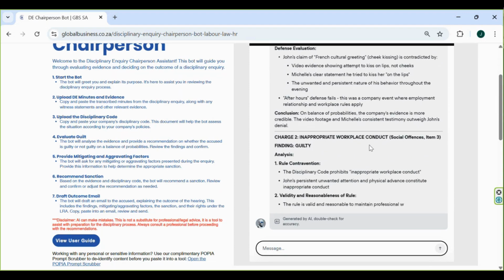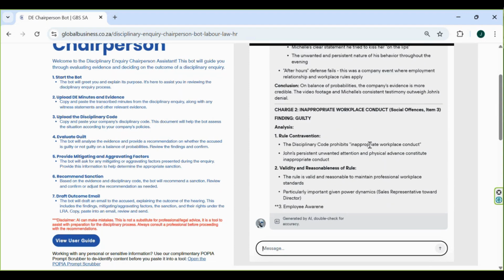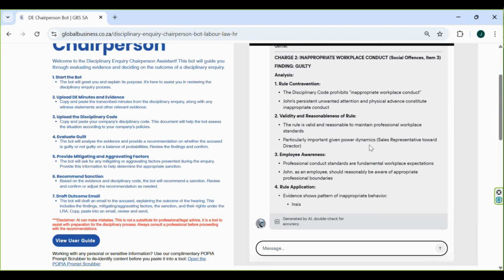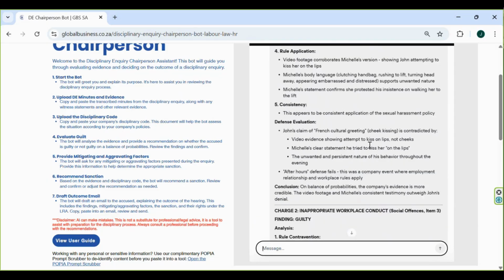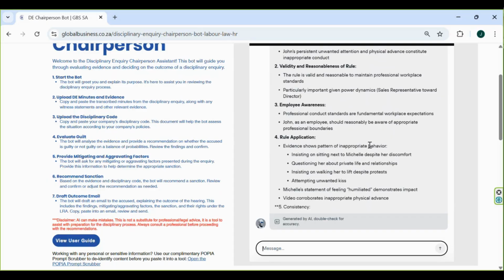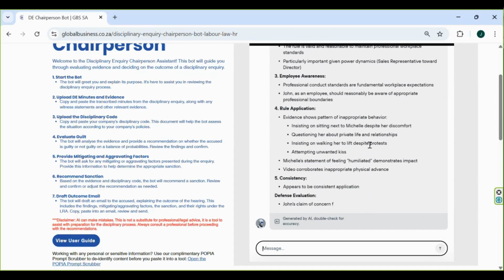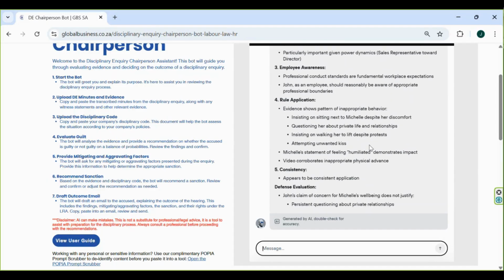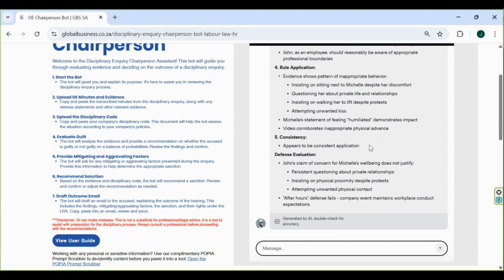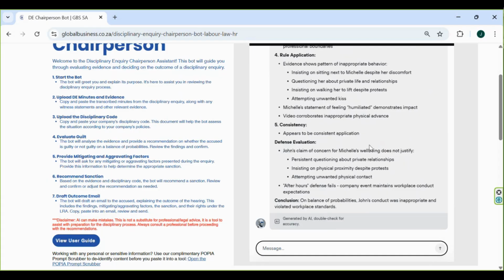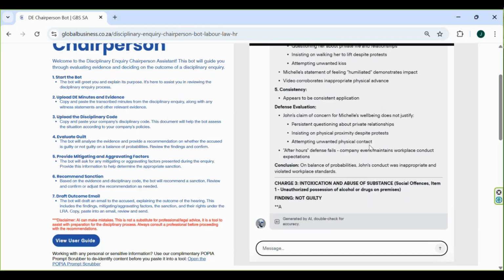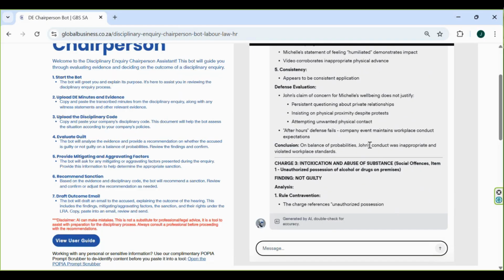Charge number 2 is inappropriate workplace conduct, and it will do the same. It mentions also the area in the code that it is infringing on, and the finding of guilty. On the first one, we also saw the finding was guilty as well. So now in the balance of probabilities, it tells you if it's guilty or not guilty and how it came to that outcome, and mentions the defenses and everything like that. It's also aligned to the new code of good practice in order to keep it as relevant as possible. So this was recently updated in December of 2025, and then it does the same for charge number 3, which